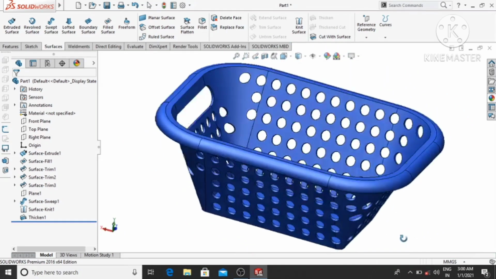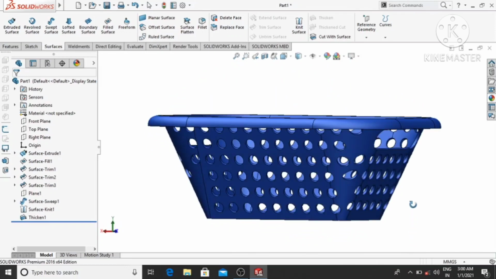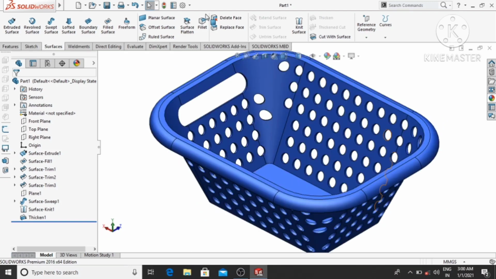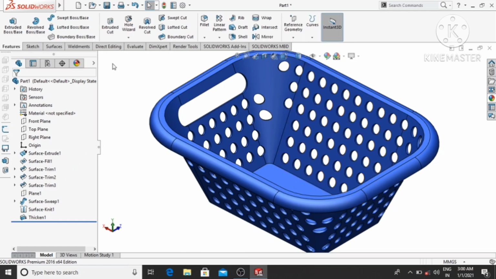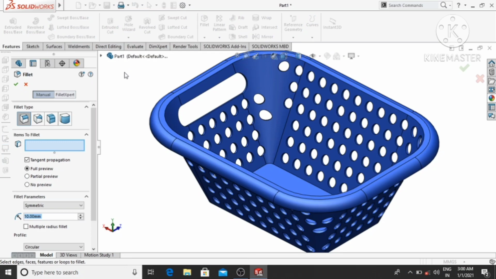So look, and again we make the fillet of 4 mm here. So go to the features, and select fillet and make the fillet of 4 mm to this edge.